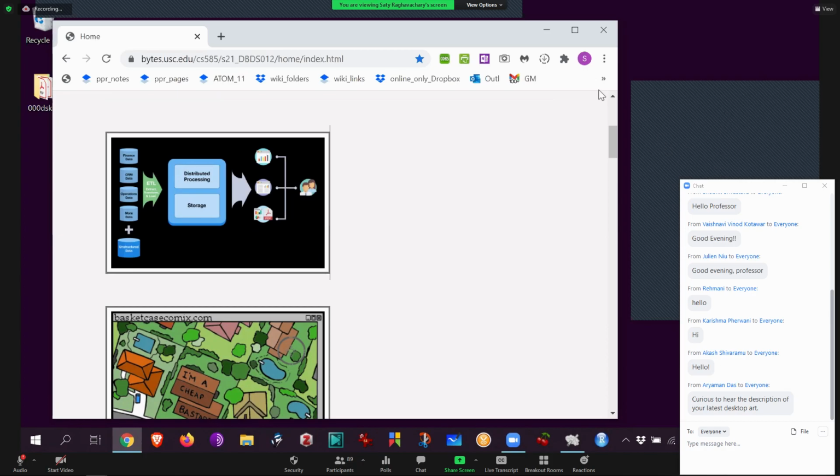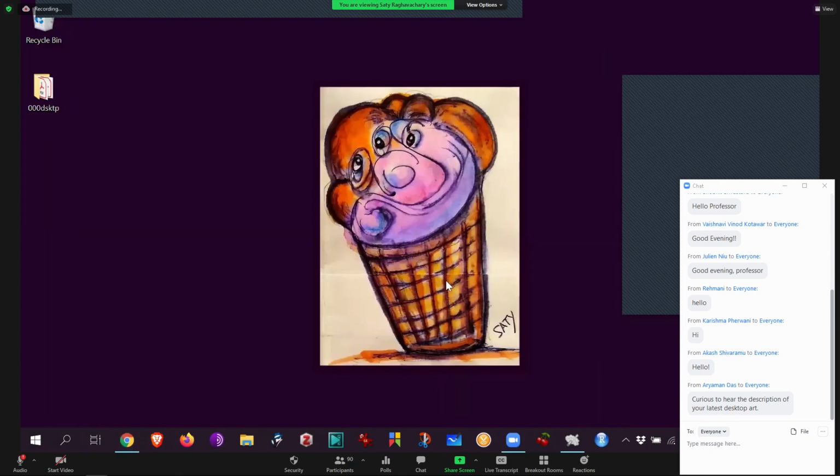Curious to hear the description of your latest desktop. Oh, yeah, I'll just spend 1 minute on that. Actually, it's more like an ice cream cone, with a little bit of Neapolitan ice cream action going on, and at the back there might be a mango sherbet, and way on the back some kind of coffee caramel ice cream.